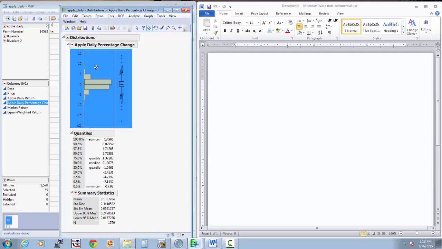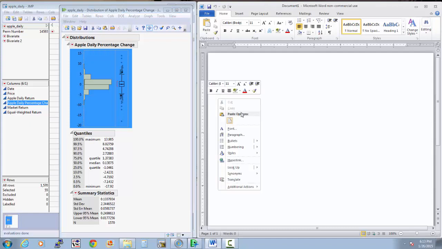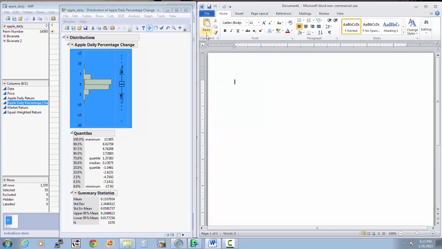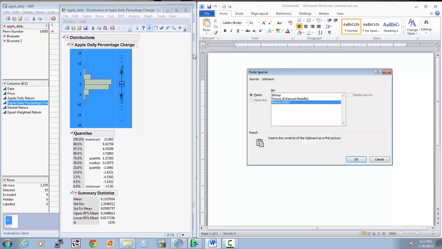So what I need to do now is copy it, and I do that with a right click and copy. Then go over to the Word document, and I'm going to paste it in. So I can right click and paste. And there are in fact a number of paste options that you can use. So if you go to Paste up here under the menu, if we have a look at the options we have, one of them is Paste Special, and if you do Paste Special, you get to choose how this graphic